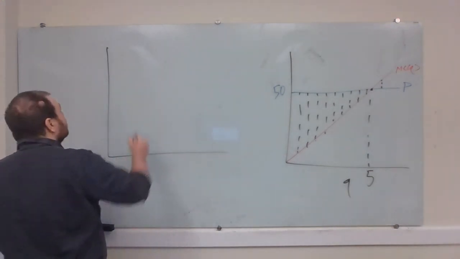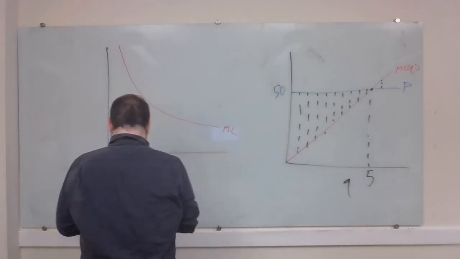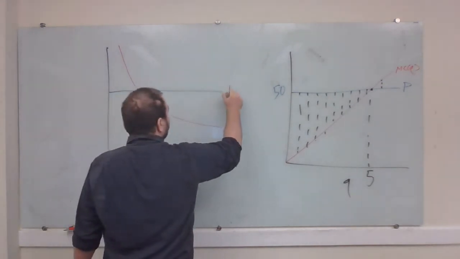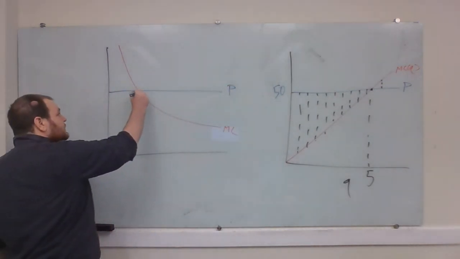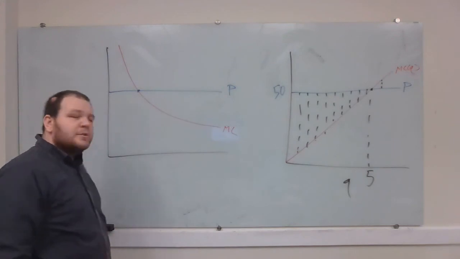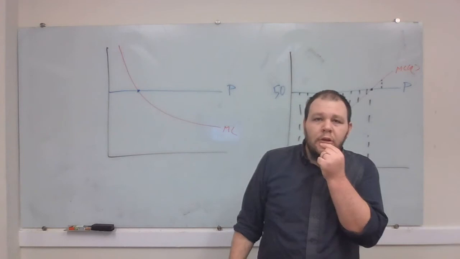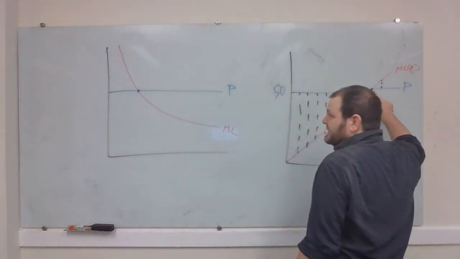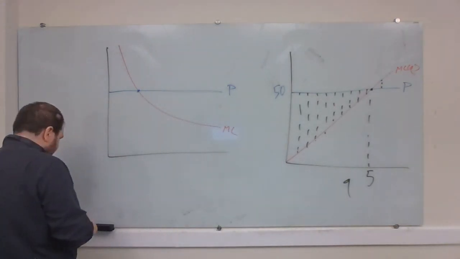The other wrinkle I want to throw in here is, let's say that I had a marginal cost curve like this, and a price like this. Am I going to want to produce where price equals marginal cost? Think about that for a second. So you're tempted to say, yeah, price equals marginal cost, just like our optimal choice here where price equals marginal cost. But in this case,